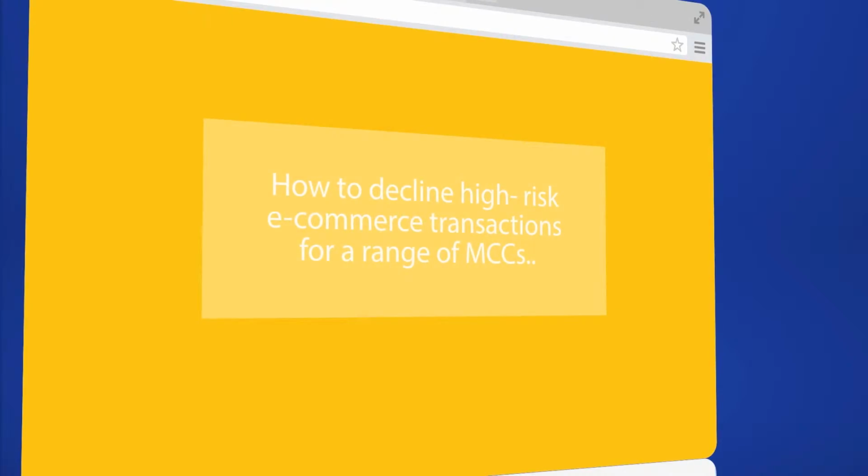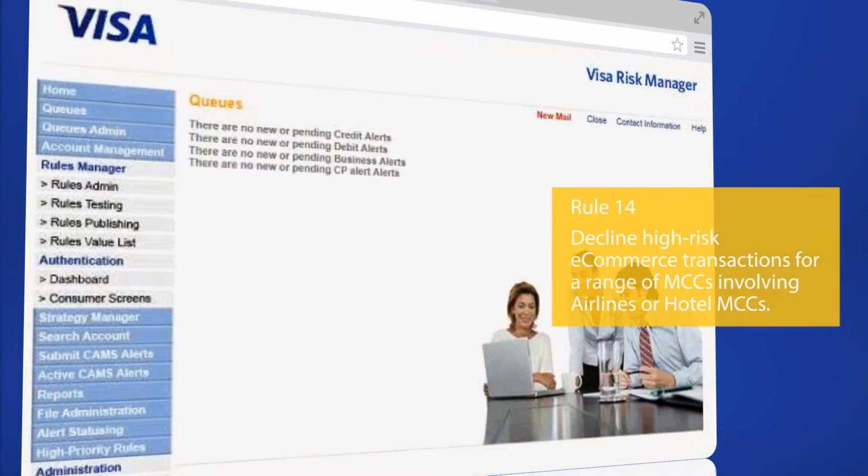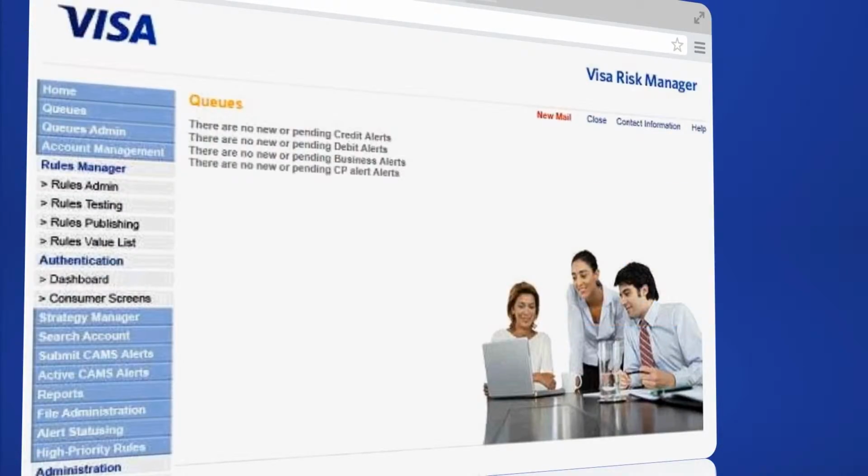The objective of this rule is to decline high-risk e-commerce transactions for a range of merchant category codes involving airlines and hotels. In order to decline such transactions, a velocity rule is required. This will need to be created in conjunction with a real-time decisioning rule to decline the transactions which meet the criteria. In this example, the operator between will be used to define parameters in a range. For example, the hotel airline MCCs occur within a certain range, and we will incorporate these ranges for effective rule